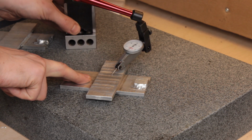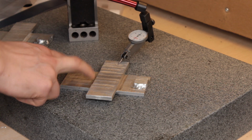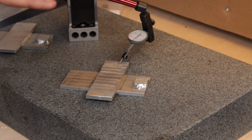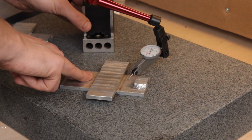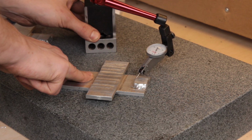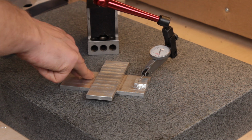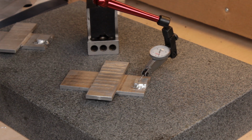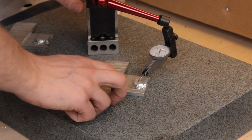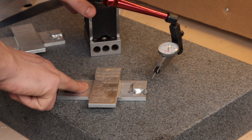Somewhere in the region of maybe 1/1000th of an inch total variation over the surface, which is 1/4 of a millimeter, which is plenty for this. And this guy is about 2 thou below that, give or take, which obviously is 1/20th of a millimeter, which is more than enough accuracy for this purpose. Now the other one I think is way off due to